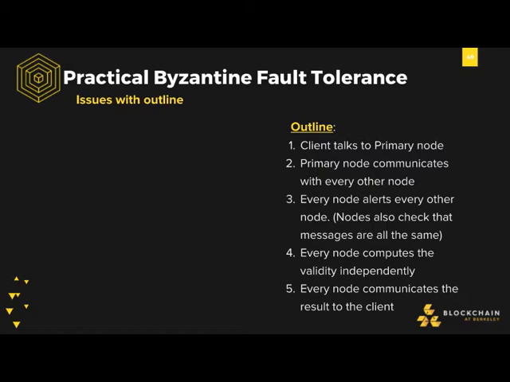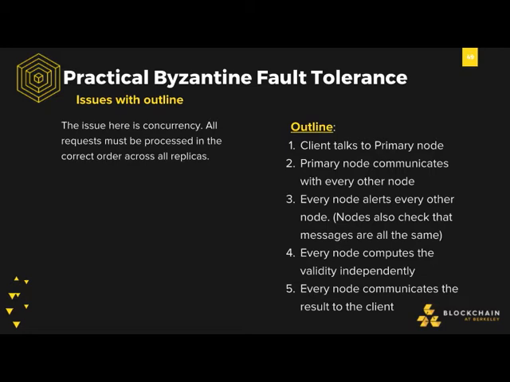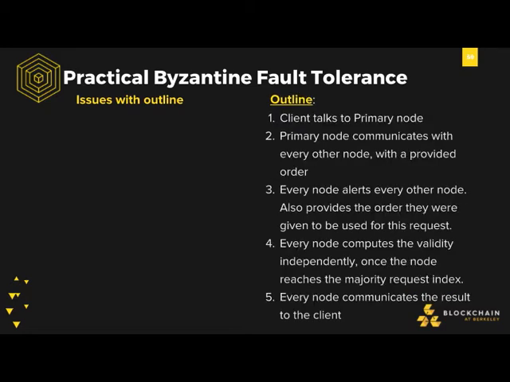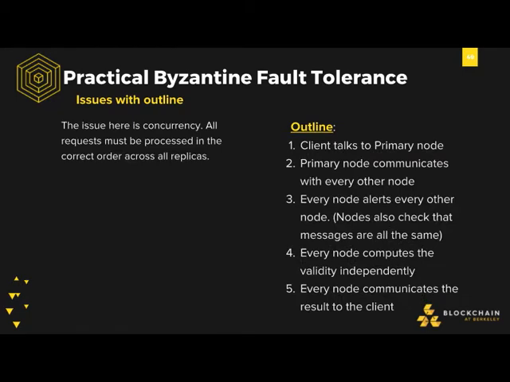So this sounds actually pretty reasonable, but then we have an issue here. We're dealing with a distributed system, so there's going to be concurrency issues. If we don't enforce order, or after enough requests are going through, and there's network lag and such, you're going to have a concurrency order where a node is computing the request out of order, which then alters the state, and therefore the system's no longer safe. So we have to fix this. So how can we fix this?